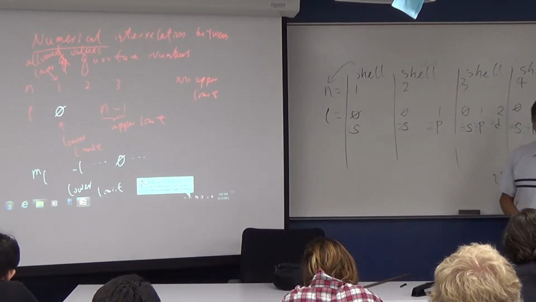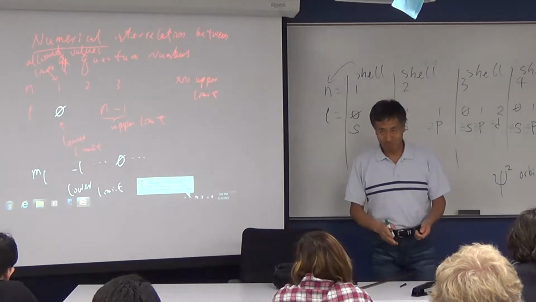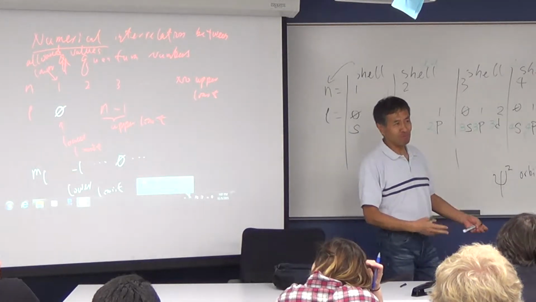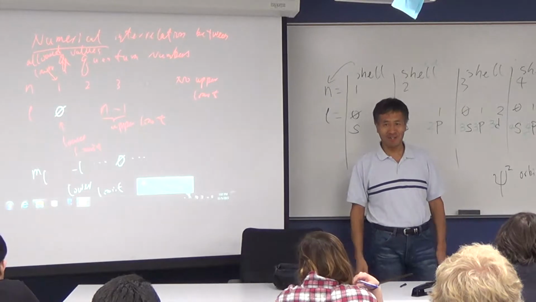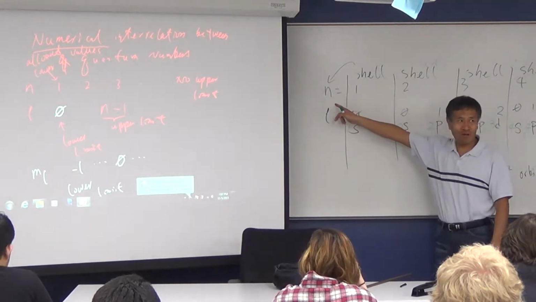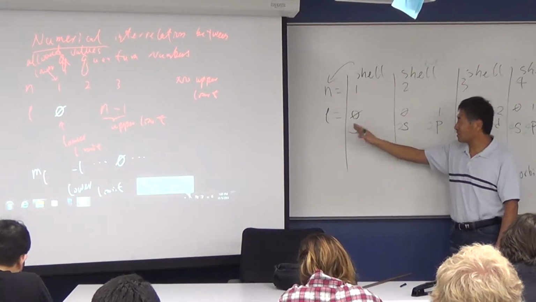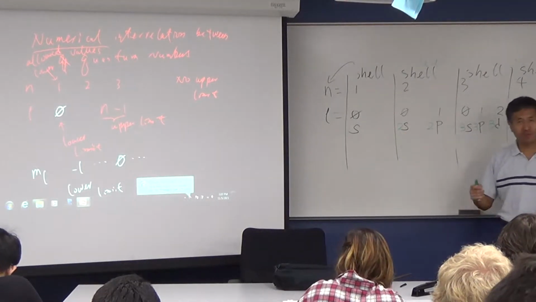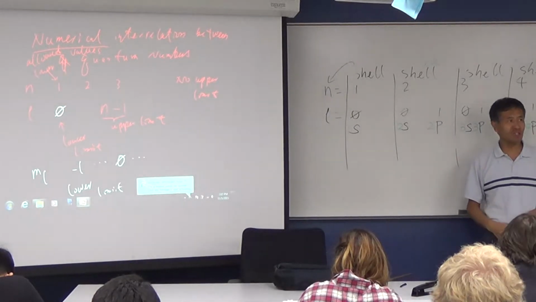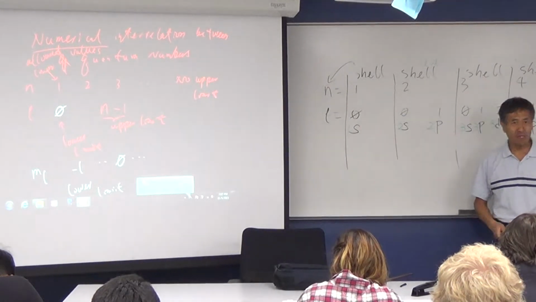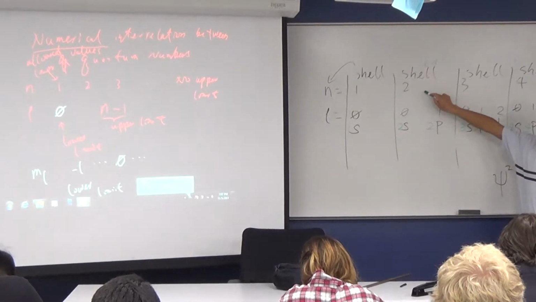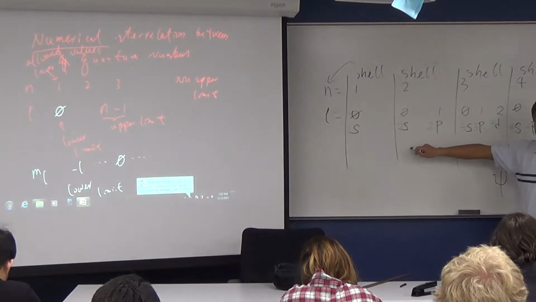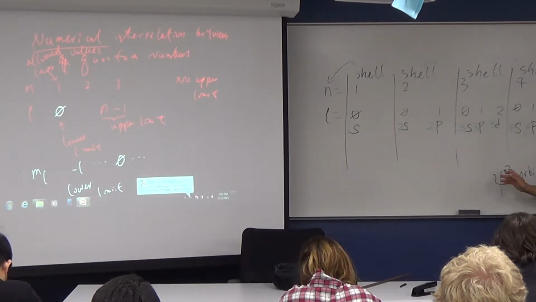I was thinking about telling you this numerical relationship and what it stands for separately, but when I talk, I will tell them at the same time. As I tell you the relation n equals 1, 2, 3, then L is 0 to n minus 1. Once you understand the numerical relation, you understand what they're standing for. So n by itself is the shell or level, and n and L together is the subshell.